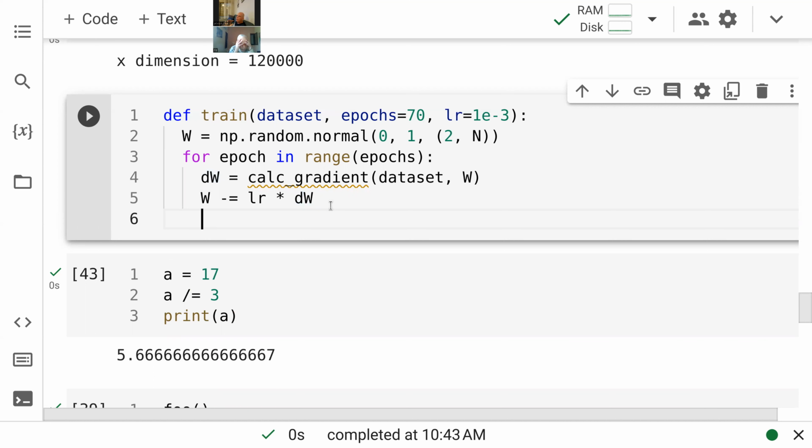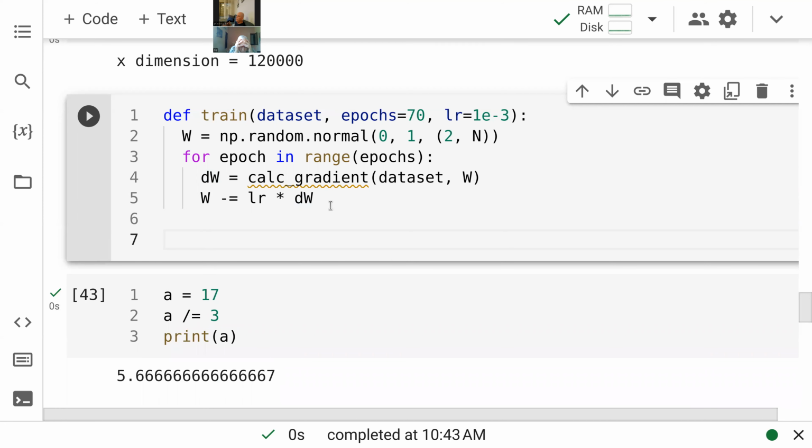The process of training will take some time, and I want the user that will run the training to see the progress. So after every certain number of epochs, I want to print something. So let's add another parameter here, which we'll call